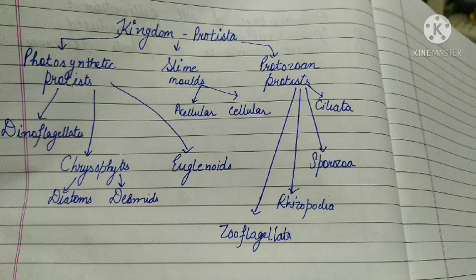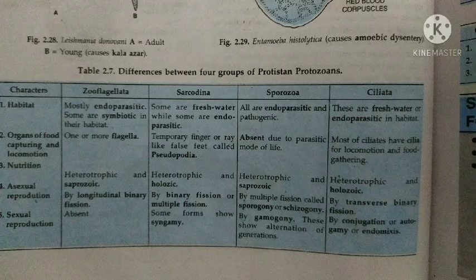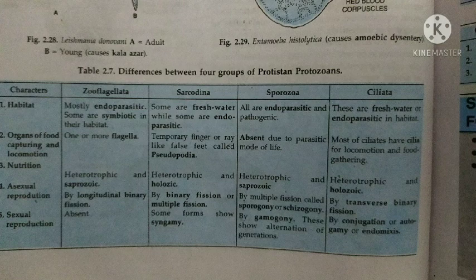Now my dear students, you should know different types of protist protozoans. So the first one is zooflagellate, then Sarcodina, Sporozoa and Ciliata. These are further groups under protozoan protist. So let us see here. The first group is zooflagellata under protistan protozoa. My dear students, you need to know only two general characters. We will learn about the important characteristic features of these protozoan protists, and two examples you need to learn.